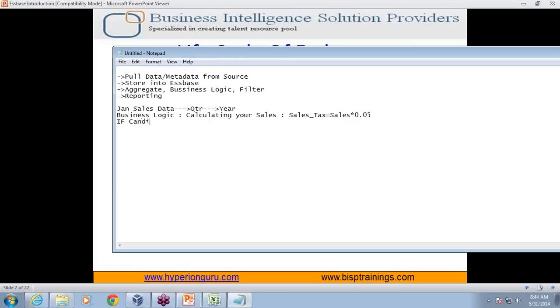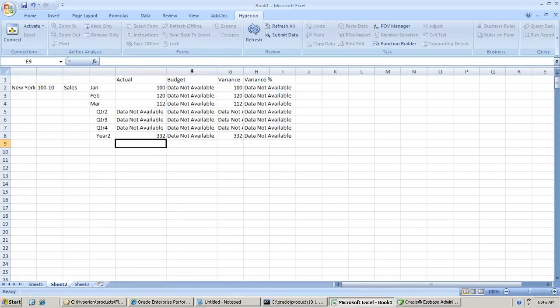If the candidate's take-home salary is more than 100,000, then he is eligible for a gold credit card. If salary is in between, some business logic is written. We can write simple or complex business logic in Essbase. So before reports are built, we want to ensure that all the business logic can be enforced in your OLAP model. Essbase is pretty good when it comes to data navigation in detail and summary view and preparing a hierarchy.